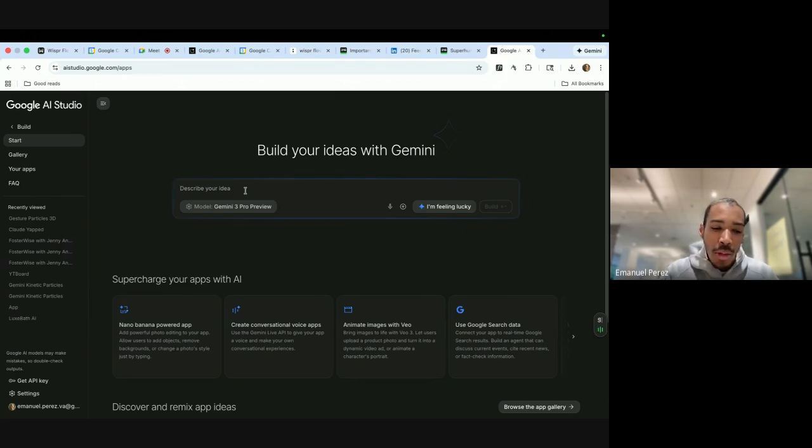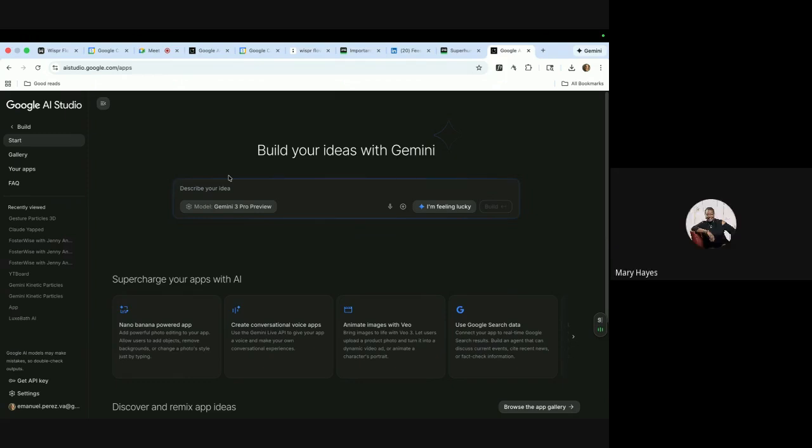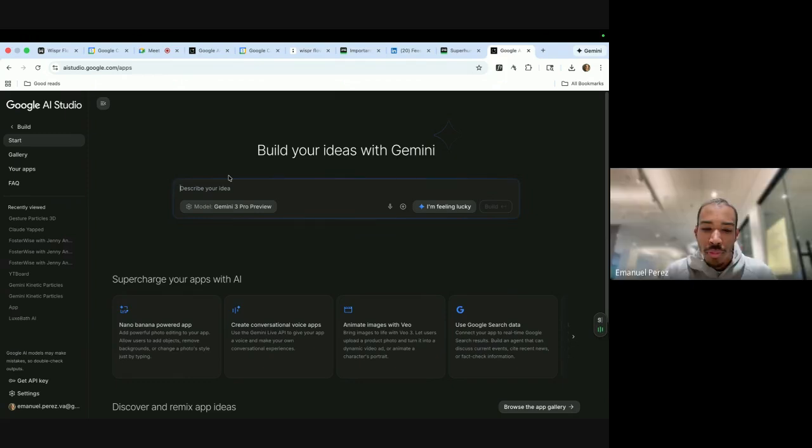They do have a free tier with a limited number of uses, but you can't deploy it unless you pay per month. But you could also use Google AI Studio, and you could get into the weeds and the technical pieces to build and connect the rest of your app together. But with what she wants to do, probably Replit would be the best option. Yeah, I agree. Replit would be great.